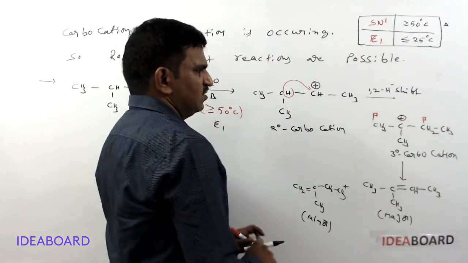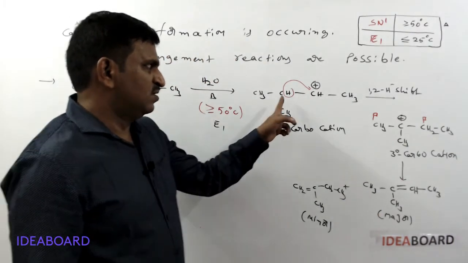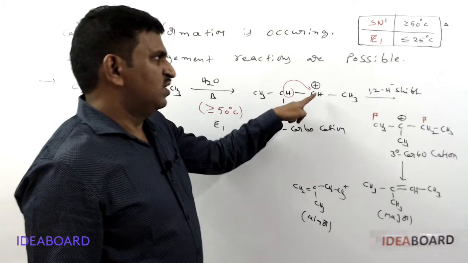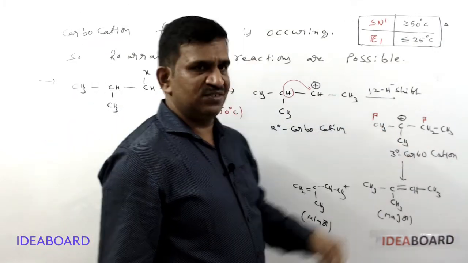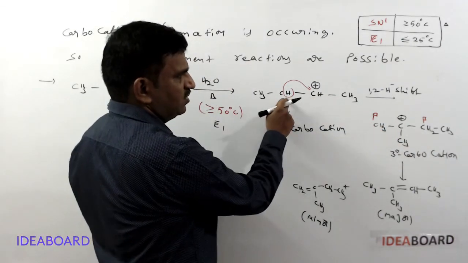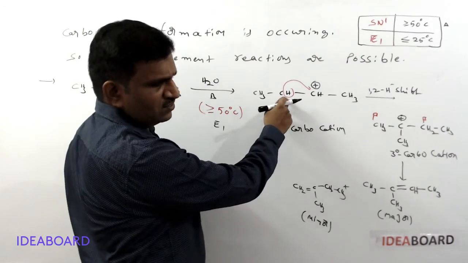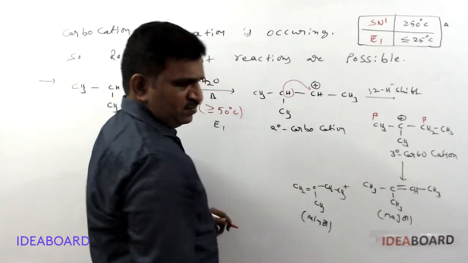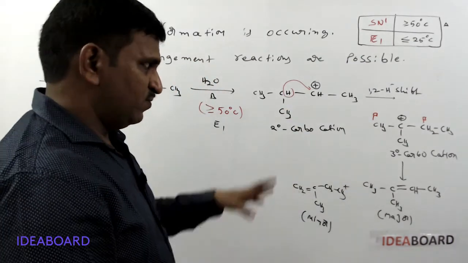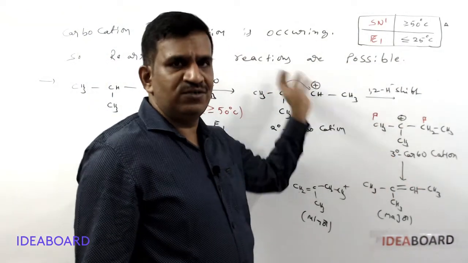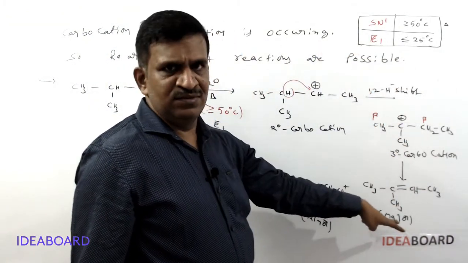And here you may think, sir, here hydrogen is shifting and you are removing one hydrogen from this. Why can't you directly remove this hydrogen atom? It is a beta hydrogen. We can get the same product. We will do that also. But what is the path we follow? We need to follow this one only.